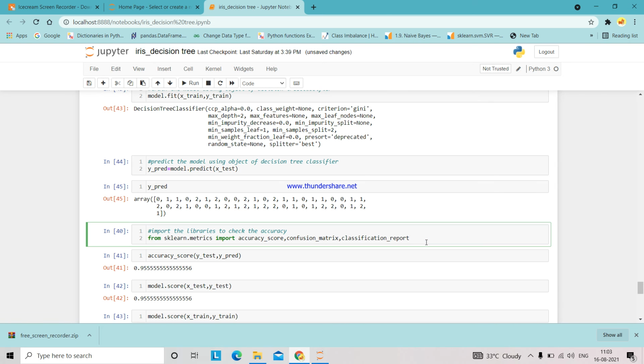And next I want to check the accuracy of the model. For that I am importing accuracy_score, confusion_matrix and classification_report from sklearn.metrics. So I want to check the accuracy score by using accuracy_score of y_test comma y_predict. Here the accuracy score is 95%.